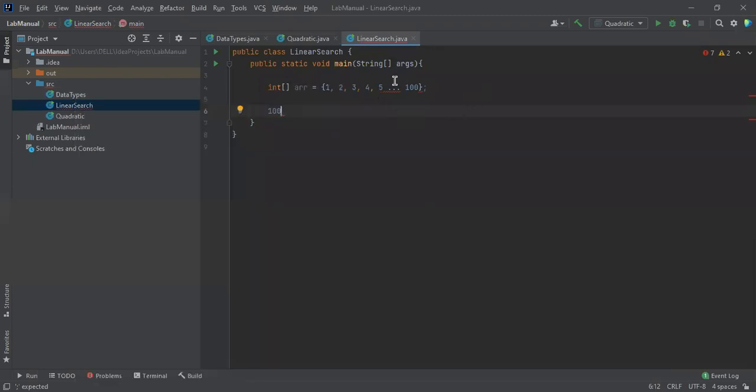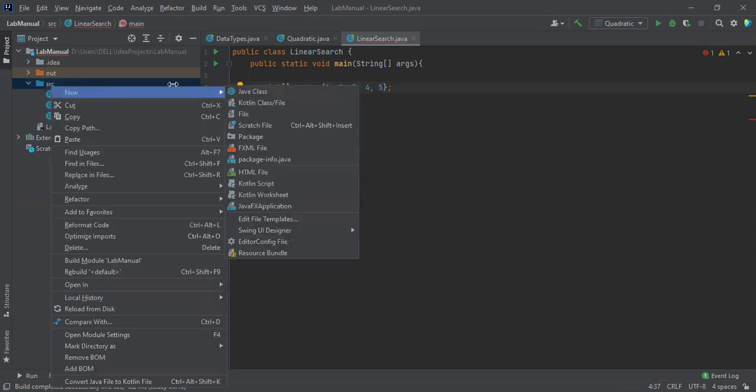Let me tell you one thing. Inside this array, it is not necessary that it should be in ascending order. But in the sense of a binary, let me create the class.